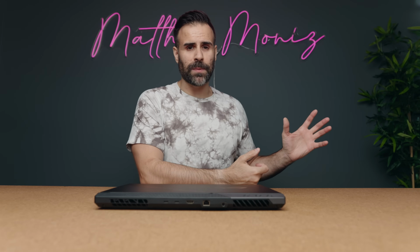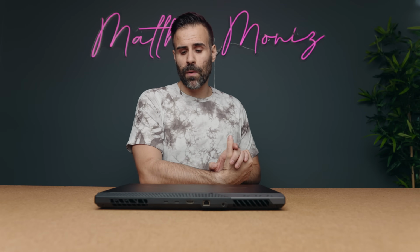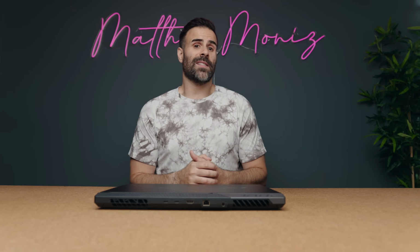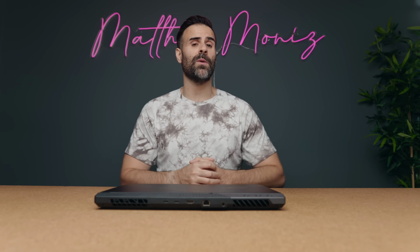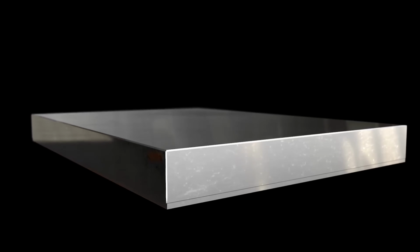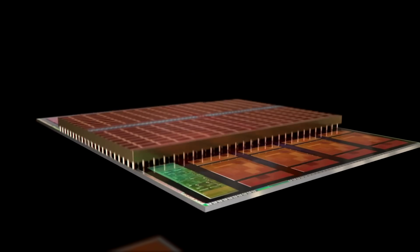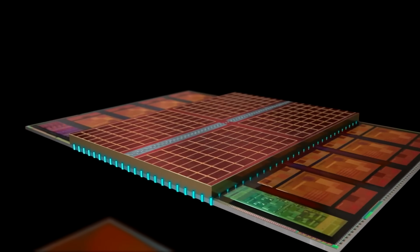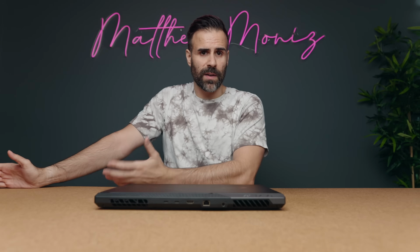We've seen this on the desktops. It does make a difference in certain situations. And for those of you unfamiliar with 3D V-cache, think of it as a secondary L3 cache that the CPU has access to. But the benefit is that the cache is on top of the CPU die, so it has quicker access to it. Now, for those of you unfamiliar with cache, usually there's 3 levels of it: L1, L2,